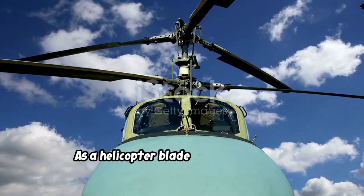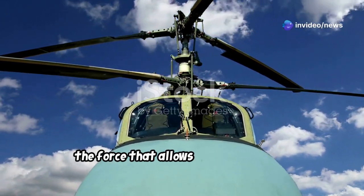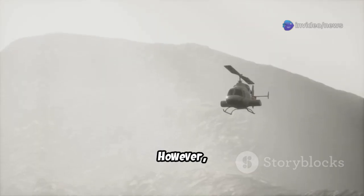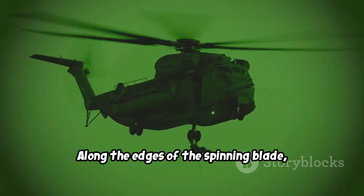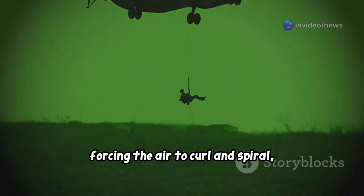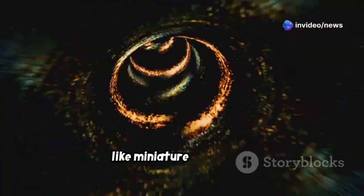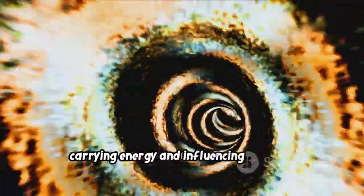As a helicopter blade cuts through this invisible ocean of air, it generates lift, the force that allows the helicopter to defy gravity and soar through the sky. However, this lift doesn't come without a price. Along the edges of the spinning blade, a pressure difference is created, forcing the air to curl and spiral, forming the aforementioned vortices. These vortices, like miniature tornadoes, trail behind the blade, carrying energy and influencing the flow of air